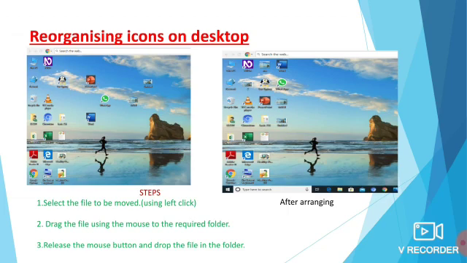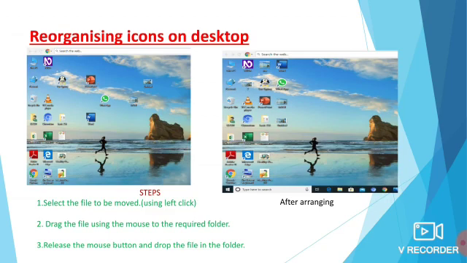In the next picture I have arranged them, showing how we have to reorganize these icons. First step, select the file or icon to be moved, and drag it using the mouse to the required folder, meaning the required location, and then release the mouse button and drop the file in that required position.